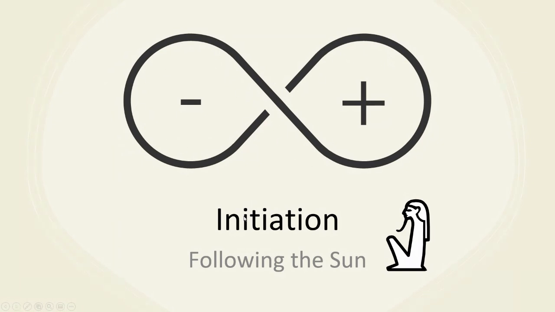And so the initiation process is this process of following the path of the sun and maturing in your own unique way and learning what your purpose is. That's another reason for initiation, to discover your strengths and weaknesses and to discover your purpose in life. And so you're following the path of the sun so that you can see what has been laid before you, and you see what kind of trails you need to lead for others who are coming behind you.